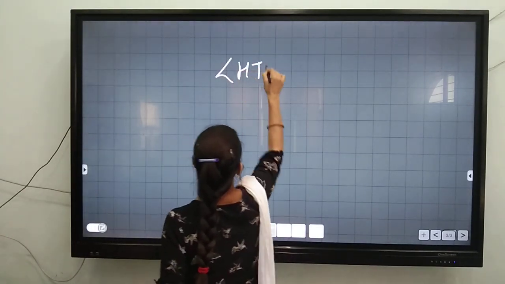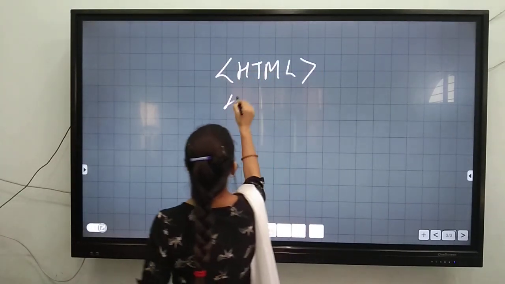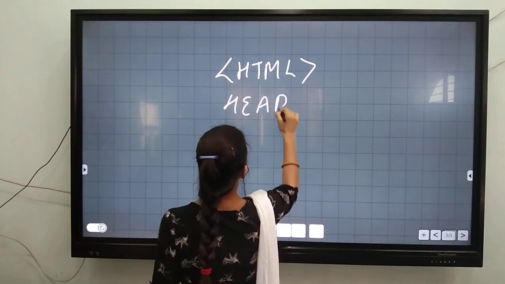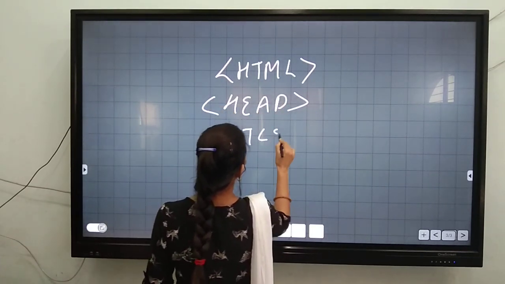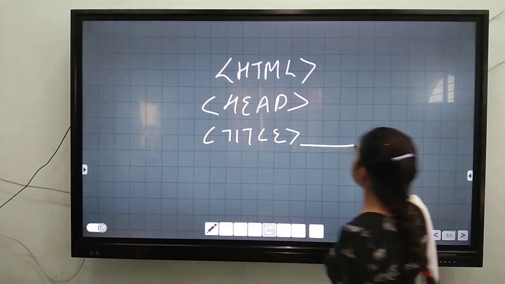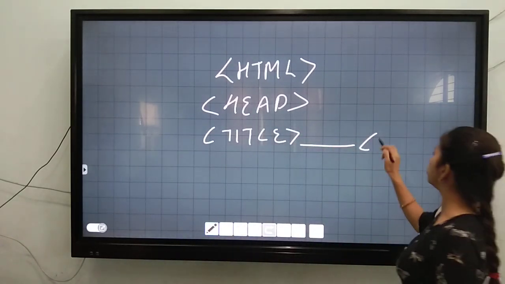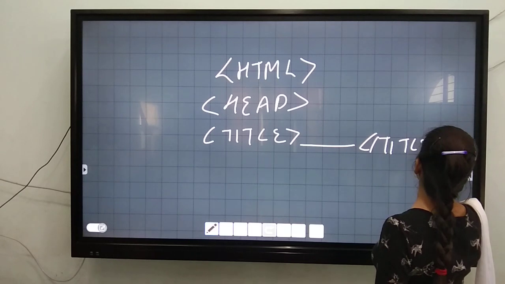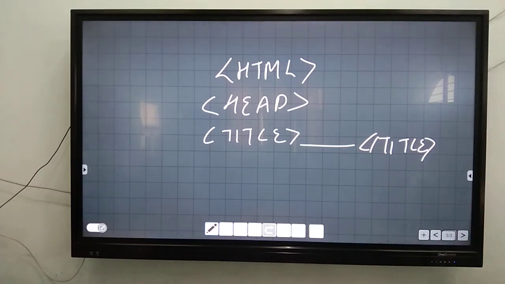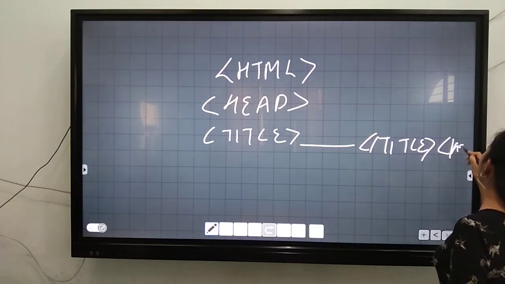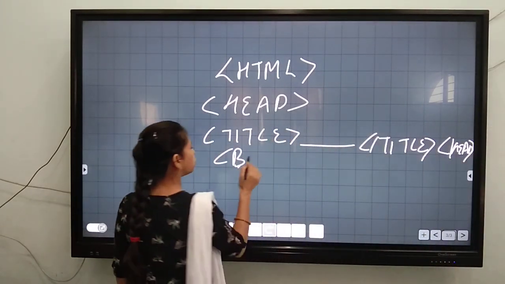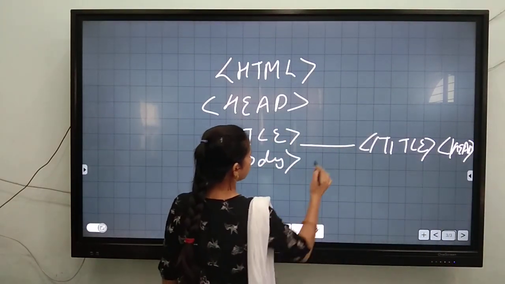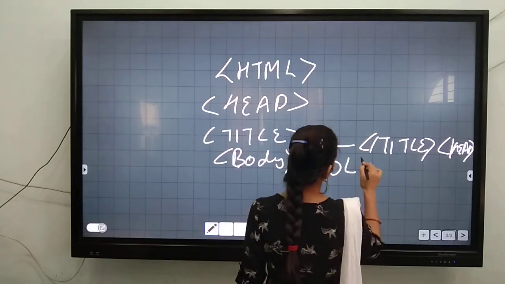First we will write the HTML tag. As we know, this is a tag system. We need to write this, and then we need to write the title, and the title is your own choice, whatever you want to print. Then after closing the title we need to close the head and then open the body. The matter is going to start from here. So we will put the ordered list OL tag.